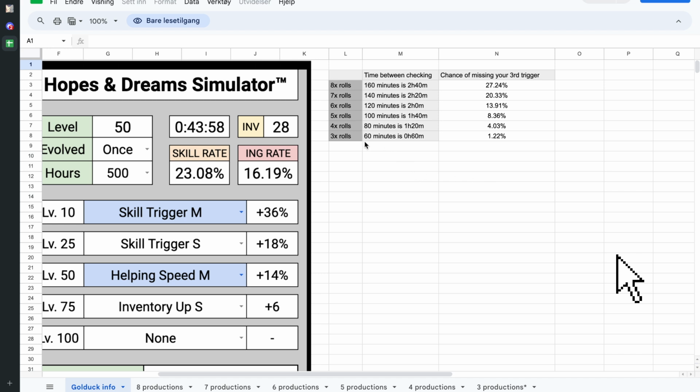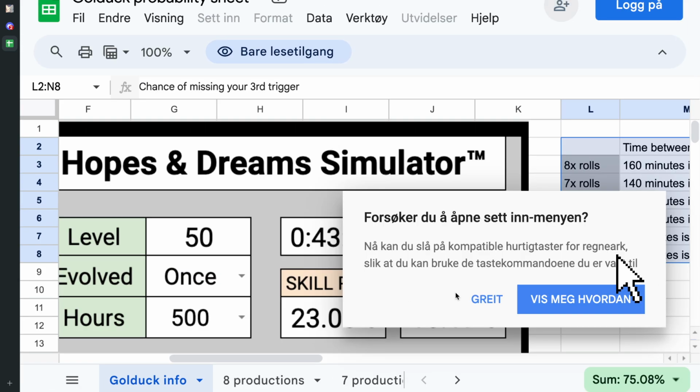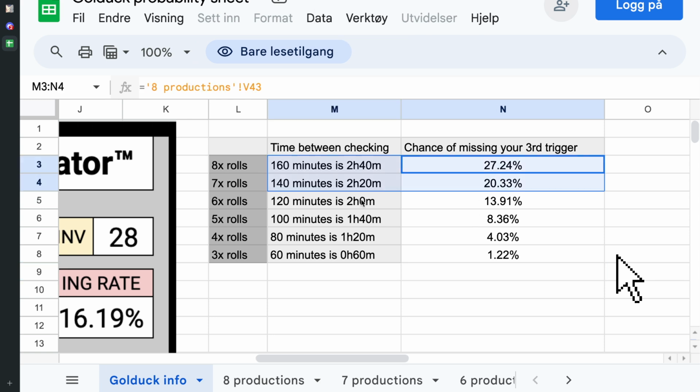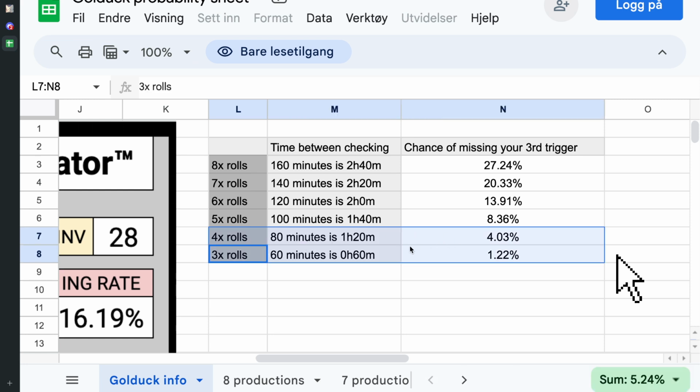How is that possible? So the discussion here now is this table right here. I don't know if you can see this properly. I'm gonna zoom in as best as I can. And yes, I am Norwegian, so these puppets are weird. But just look at this. If you want to run Golduck the most optimal, I would say you would want to aim for roughly 1 production collection in 1.5 hours. So once in 1.5 hours,